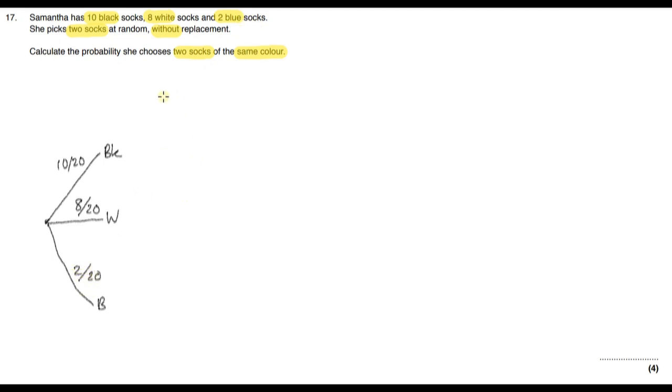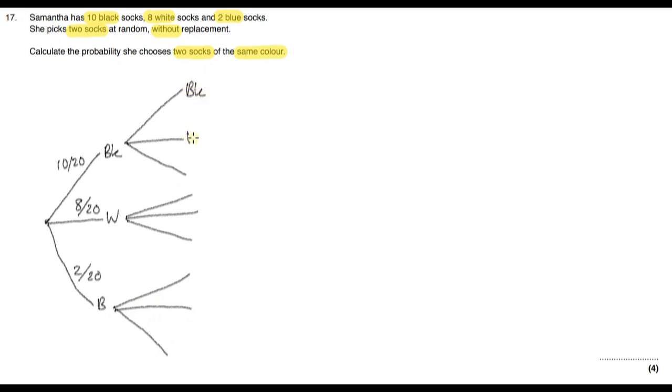Okay, let's go on to the second pick. So for the second pick, we can have either black, white or blue. What's the probability of picking a black sock, given that we've already picked a black